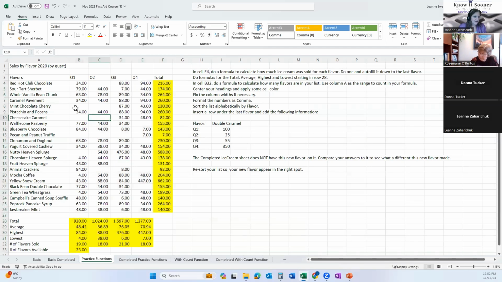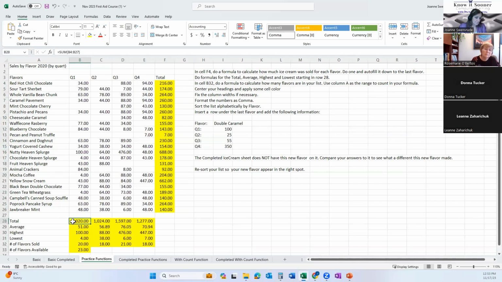Even these blank ones, if I go here later and I do end up selling some nutty heavenly splurge because the salesman finally got back to me, our numbers down here should all change. Not all of them, but some of them will. If I say I did 100 of them, bam. Wow, our sales are so big for that month. My average changed. My highest changed, it went to 100 now. My lowest didn't. Number of flavors sold was at 19, and now it sees that there's a number in there, so it's happy with that. Number of flavors available didn't change.